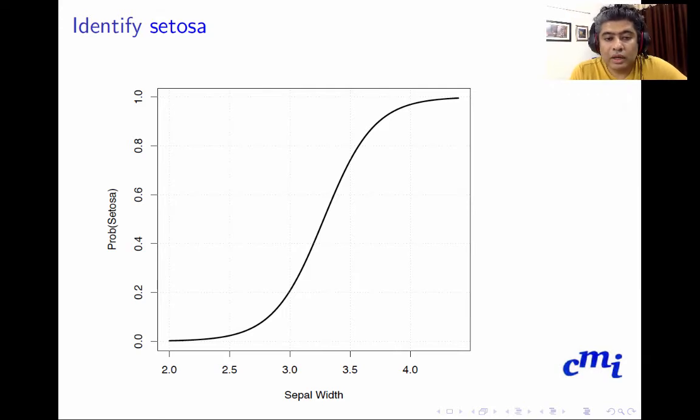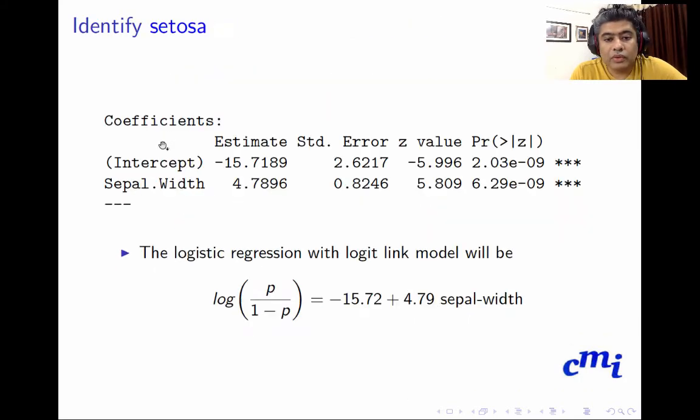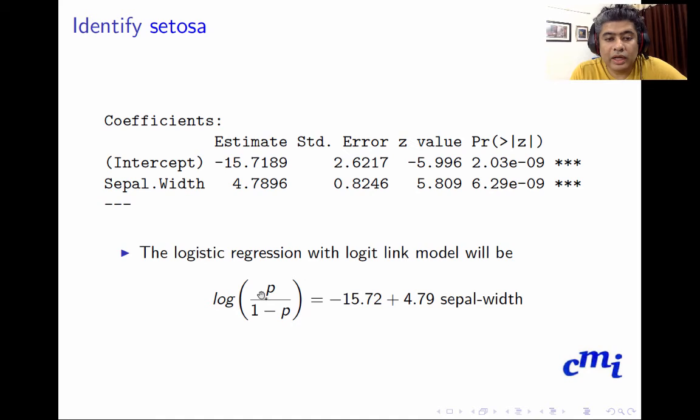Then what I have done, I went back and looked into the possible values of the sepal width. Most of the values of sepal width are somewhere between 2 and 5. So I created a small grid between 2 and 5, and each grid value I plugged in here, and that gives me the log of odds of p over 1 minus p, and from there I computed the value of p. The p gives me the probability that, if a particular flower has a sepal width of a particular value, the flower is a setosa.